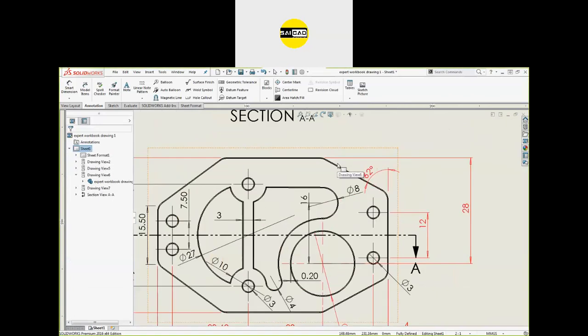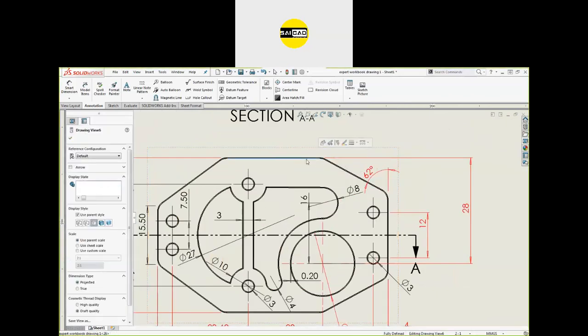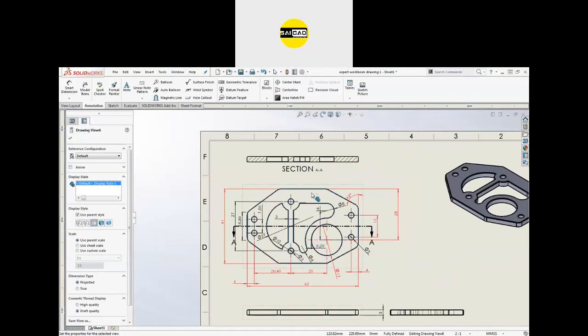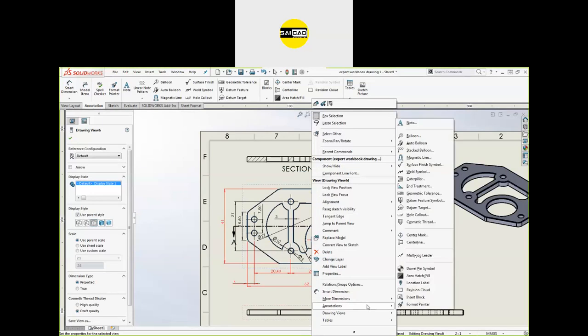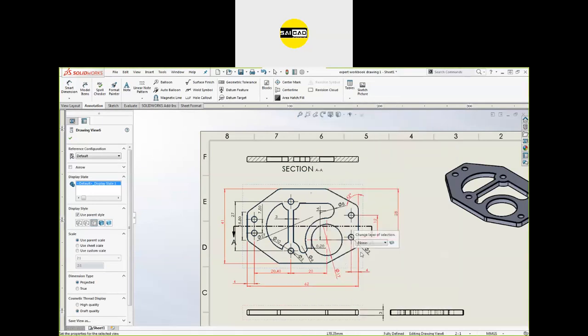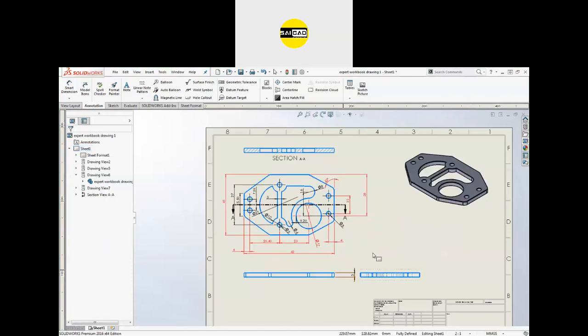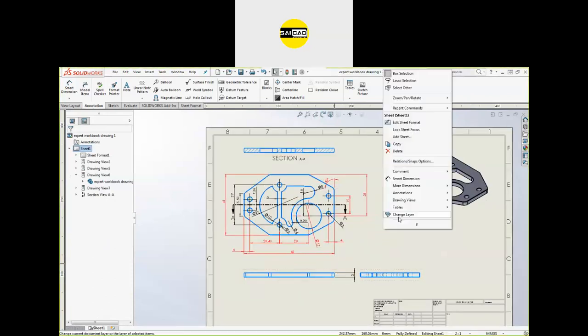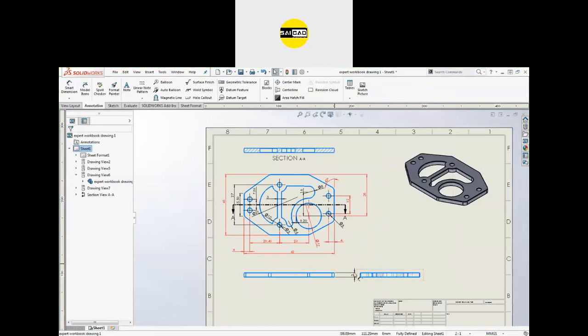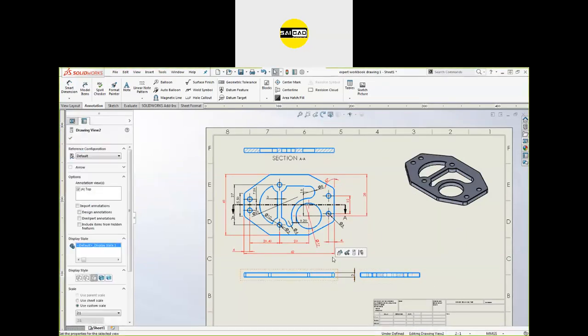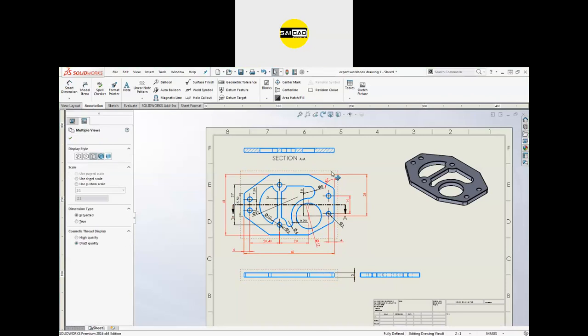If you select the entity like that, or the view like that, right click and change layer, select the layer to be format. You can see everything is in the blue color. You can just select the layers. You can just select the views like that.